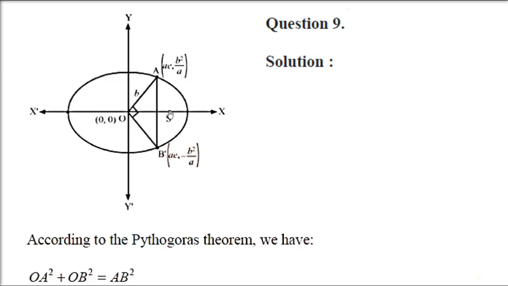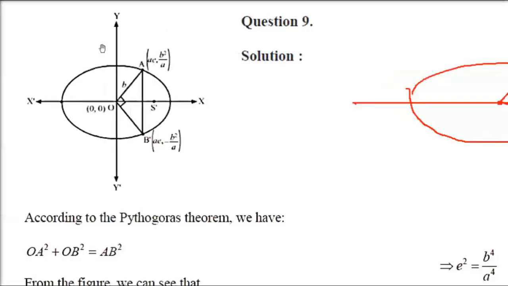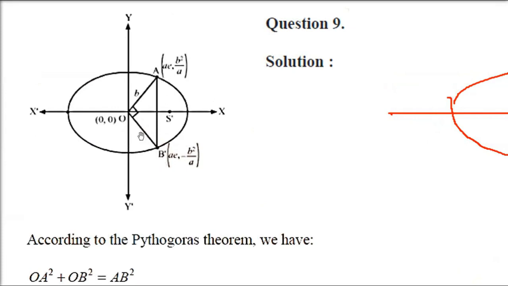What does it mean? This latus rectum should pass through the focus. Always remember, latus rectum will pass through the focus. So this is a 90-degree angle. What I am trying to suggest here is, this is our ellipse, this is the focus and this is the center. So this latus rectum is subtending 90 degrees at the center. Let us mark it: this is A and B and this is O. So this is 90 degrees, that is OA square plus OB square will be equal to AB square. That is simple Pythagoras theorem.